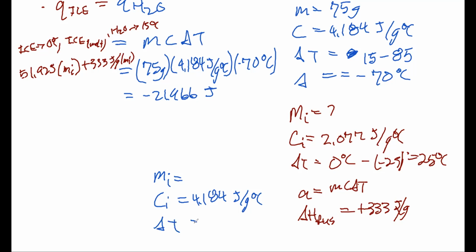And our delta T, this time we need to go from our 0 degrees where ice melts up to our 15 degrees. So this becomes 15 times 4.184, which is now going to be 62.76. So kind of if we put all of those 3 steps together,